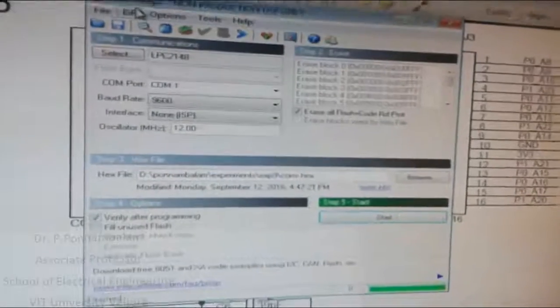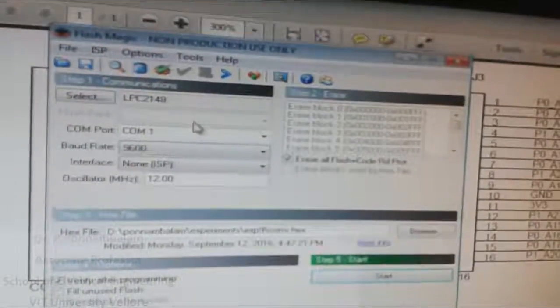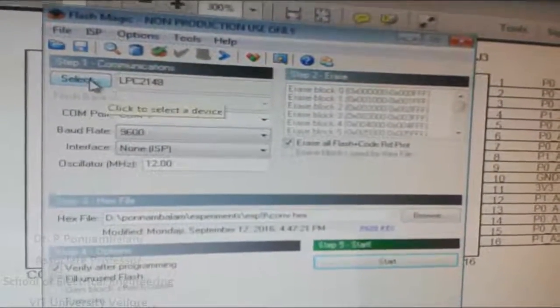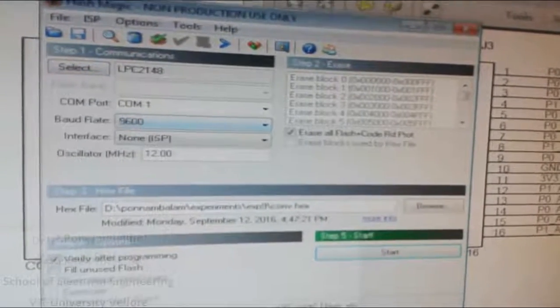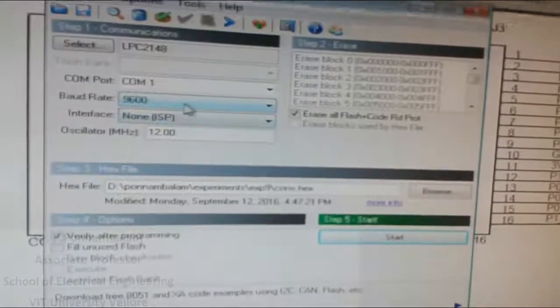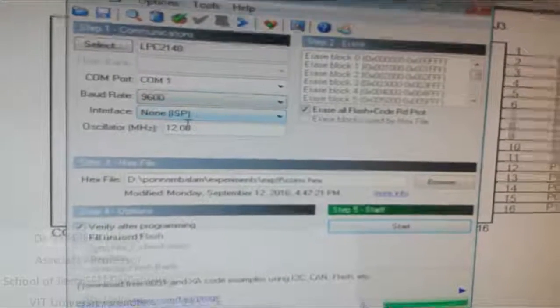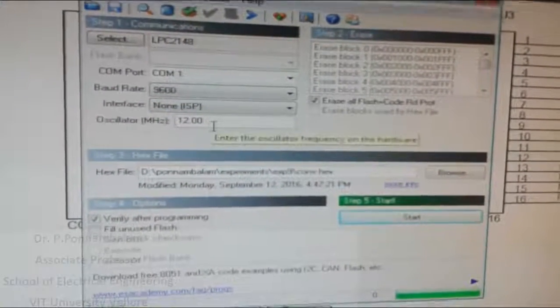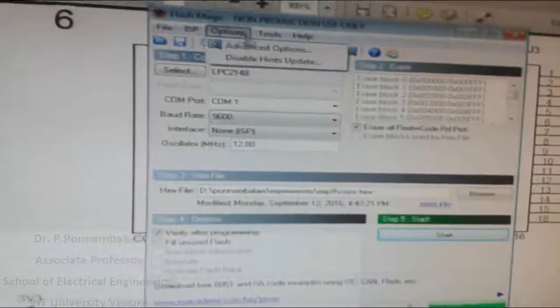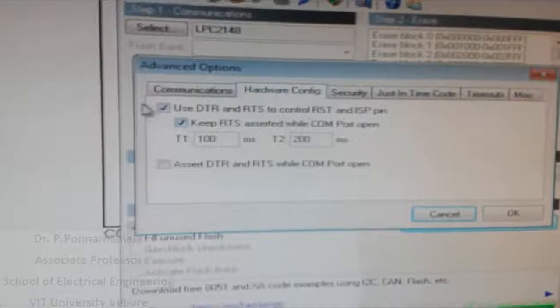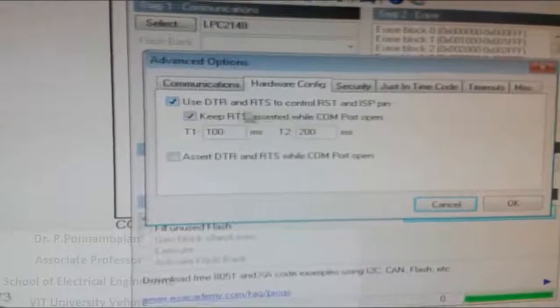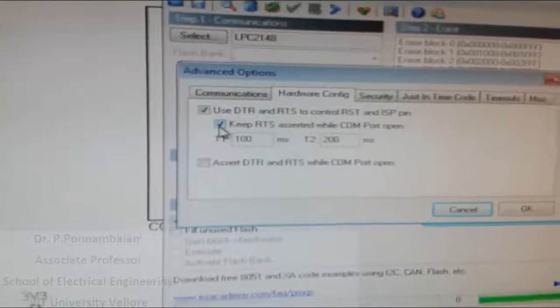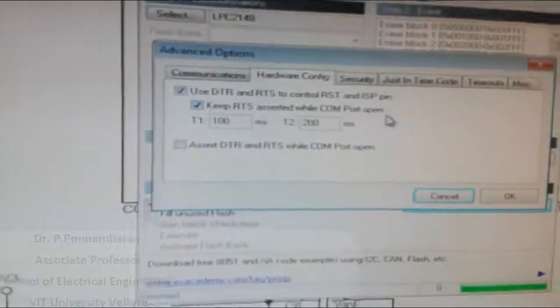I am using the FlashMagic software for dumping the code. Here I select LPC2148, the COM port is COM1, the baud rate should be 9600, the interface should be none ISP, and the oscillator frequency should be 12. In the options, click advanced options and hardware config, check USDTR and RTS, and keep RTS asserted while COM port open.